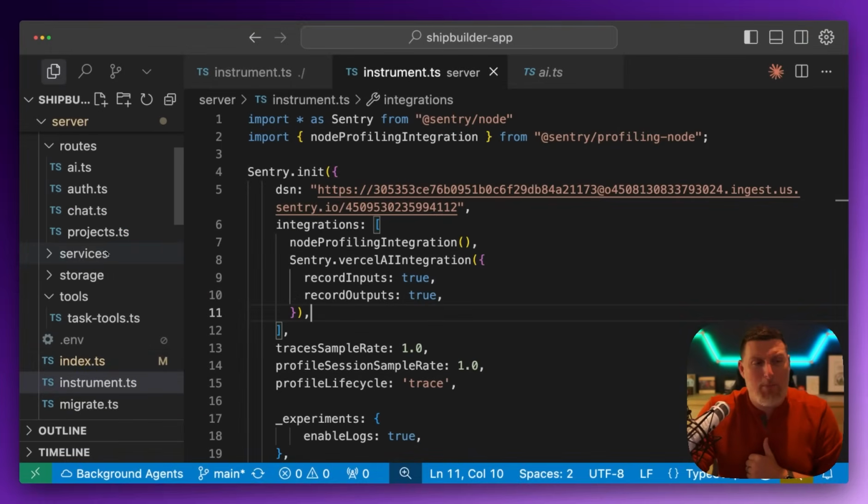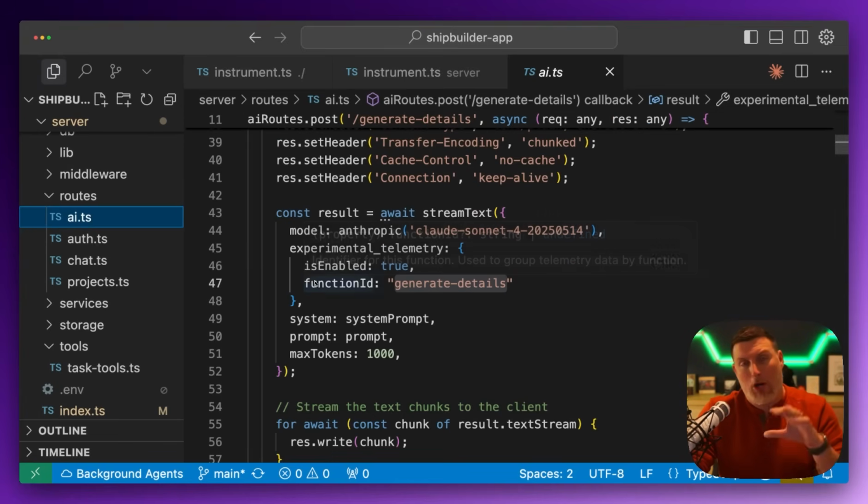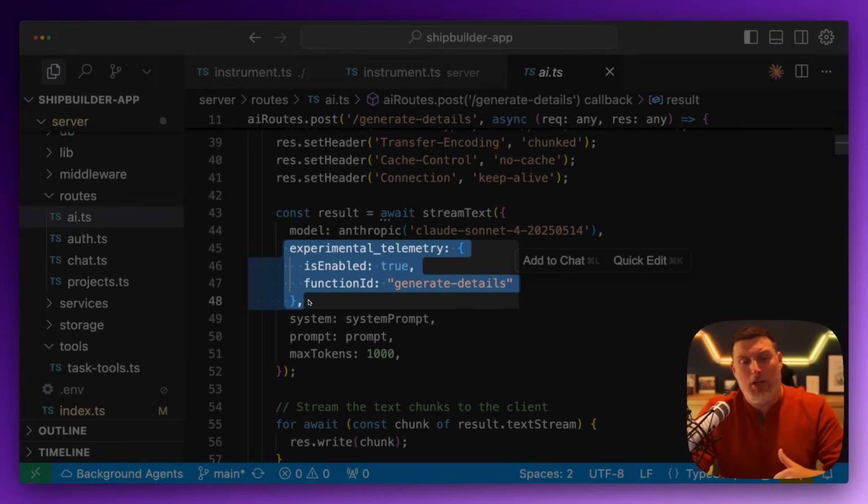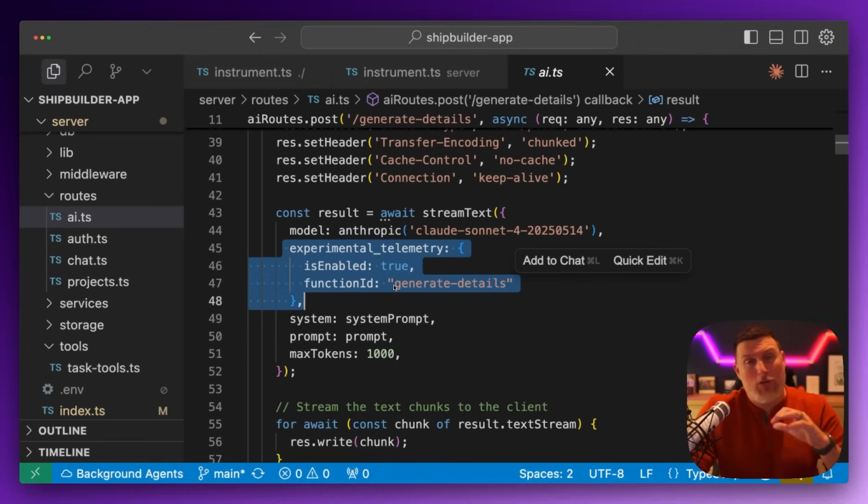Once you have this set up, you can drop into your application code where you're actually calling the AI and make sure you bring in the experimental telemetry option. Make sure it's set to enabled true and give it a function name identifier. Once those are set up, anything you set up this way is going to be instrumented automatically for AI calls